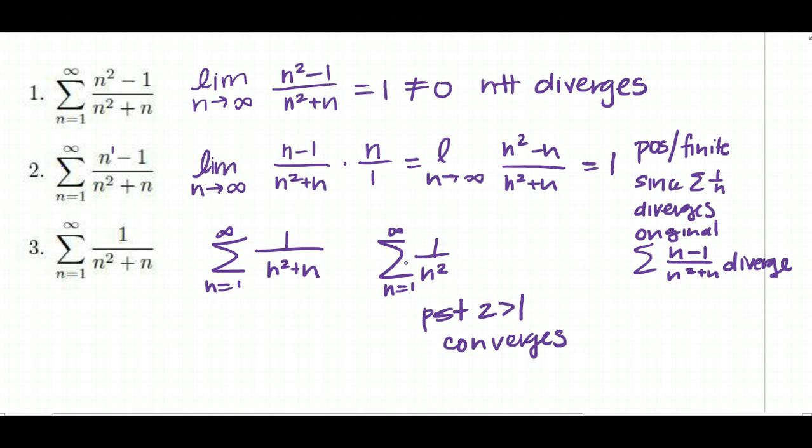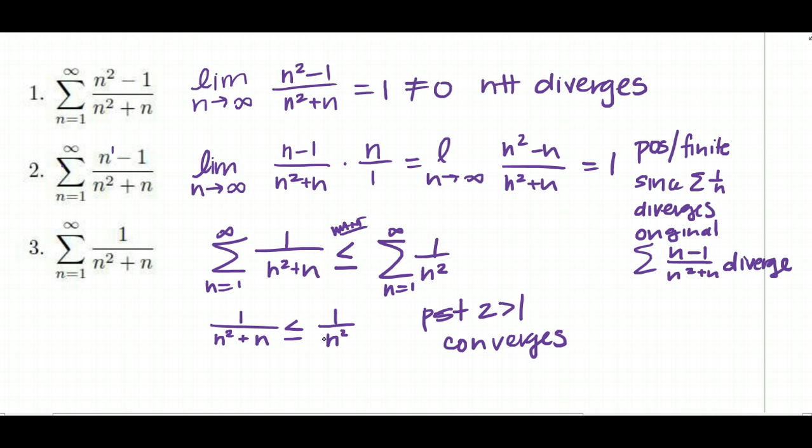So if this series converges, then I want this one to be less than or equal to a series that I already know converges, because if I have a smaller series, it must also converge. So in other words, I need 1 over n squared plus n. So I want this to happen. Let's make that clear. So I need 1 over n squared plus n to be less than or equal to